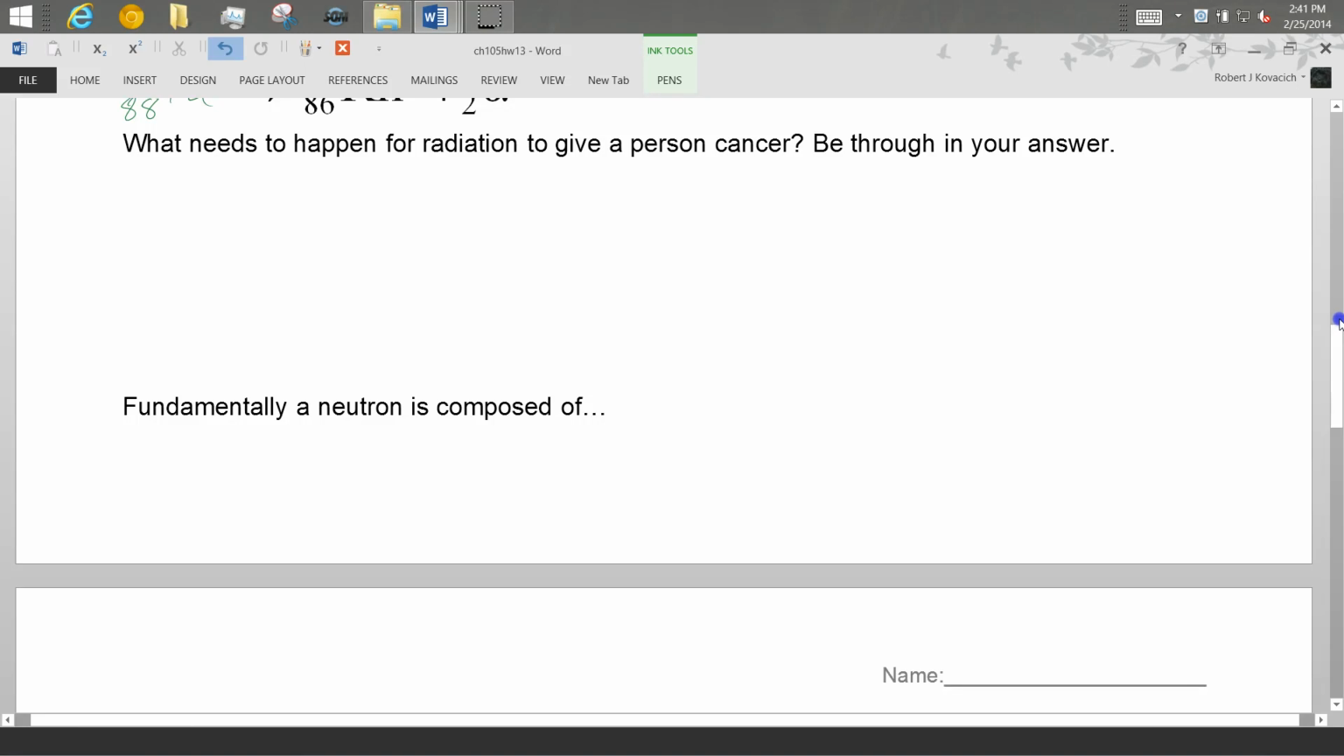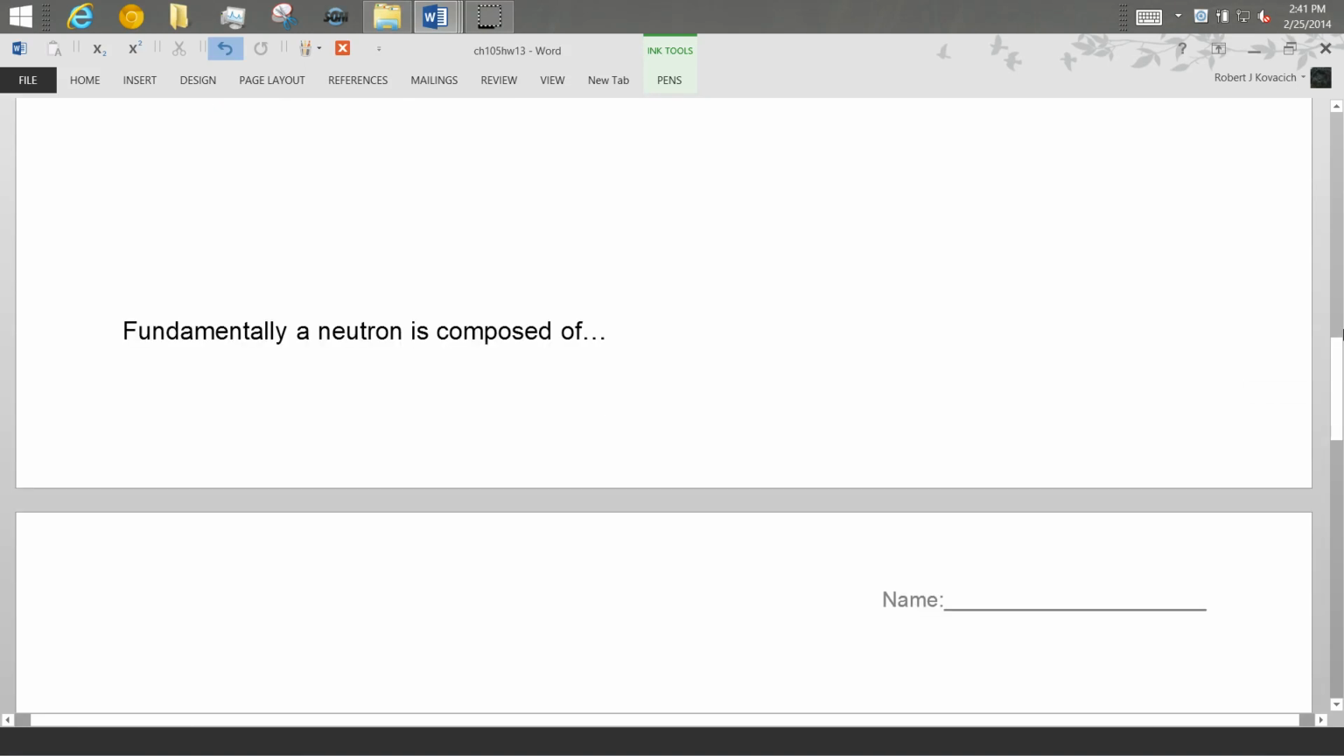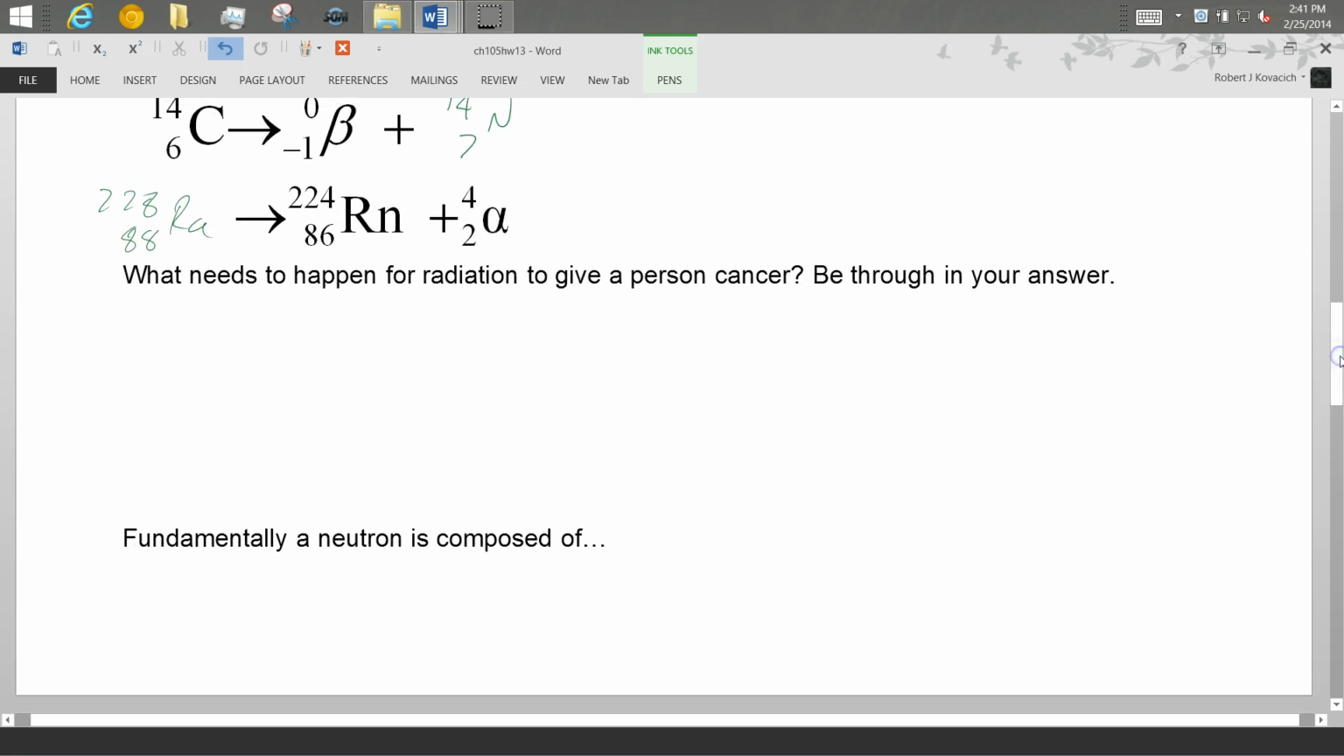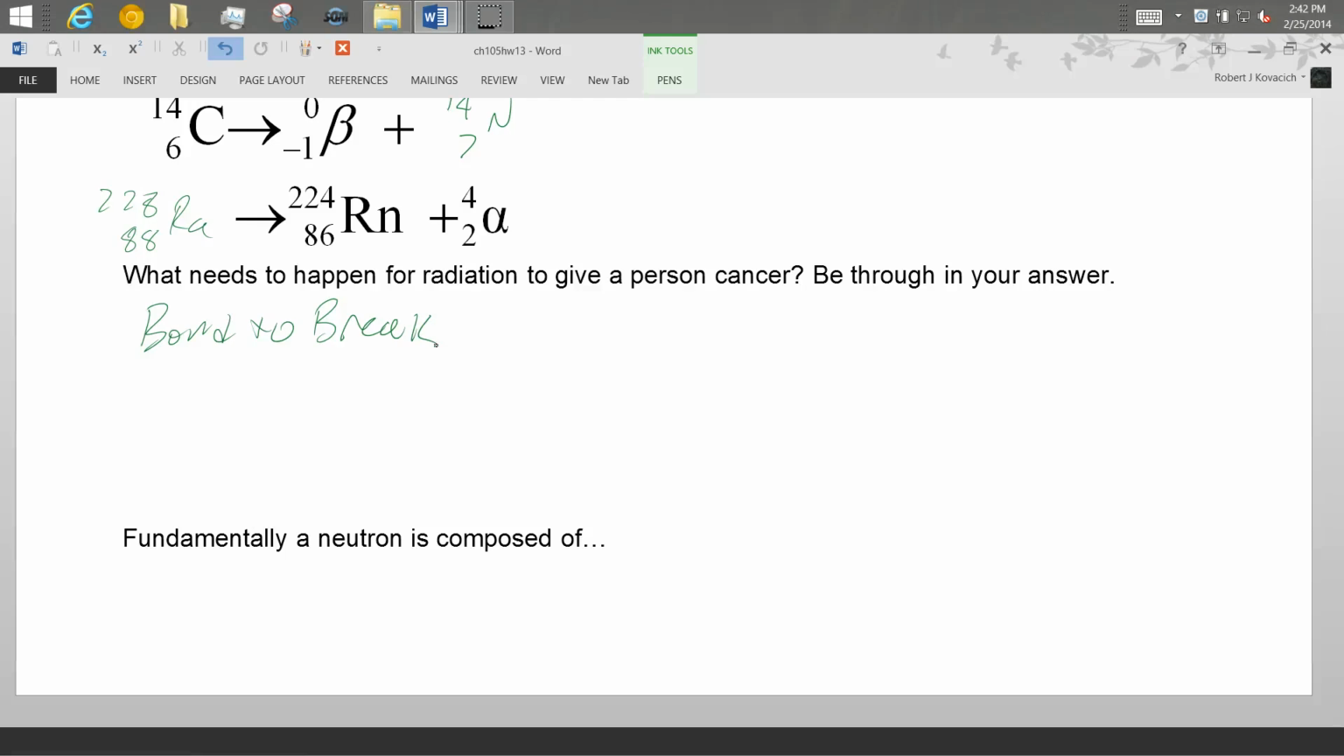What needs to happen with radiation for a person to get cancer? I need a bond to break. So the radiation must have enough energy to break a bond. Is that it? I break a bond and you're good to go? You got cancer if I break a bond? No, what else has to happen for you to be able to break the bond? A bond that would matter. Okay, so the DNA,